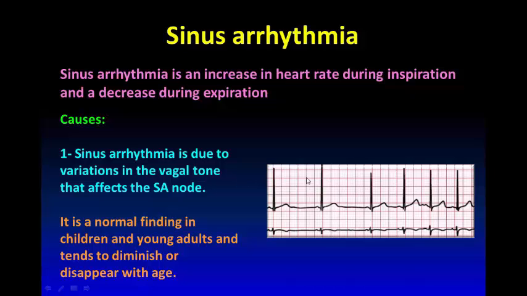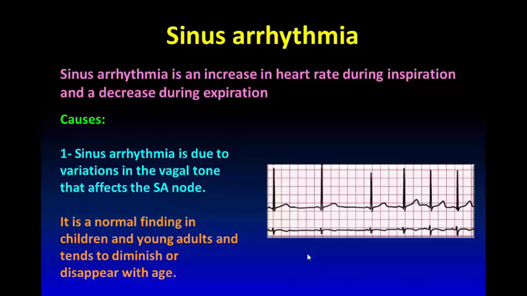And here we have an ECG strip which shows respiratory sinus arrhythmia. So now this is the heart rate during expiration, and this is the heart rate during inspiration. We can again calculate the heart rate by dividing 300 by the number of large squares between two successive R waves. Here we have 1, 2, 3, 4, 5, 6, 7, and this gives a heart rate of about 42 during expiration, and during inspiration the heart rate might reach up to 100 beats per minute. So now we have finished with the description of the three major arrhythmias which arise from altered activity of the